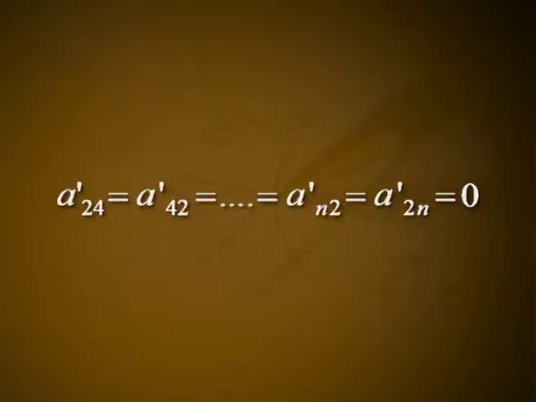In the same way, make the elements A15 dash equal to A51 dash equal to 0, etc., A1n dash equal to An1 dash equal to 0. Then make the elements A24 dash equal to A42 dash equal to 0, etc., An2 dash equal to A2n dash equal to 0. After a total of (n-1)(n-2)/2 transformations, we get a tridiagonal form B